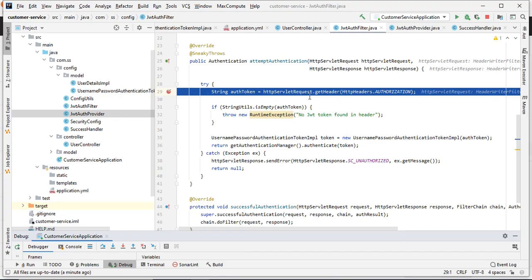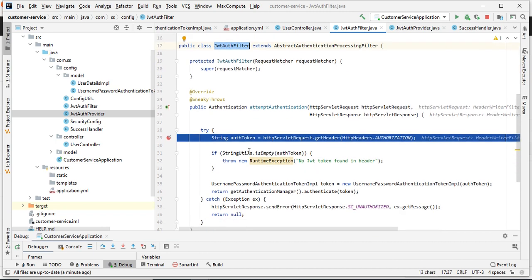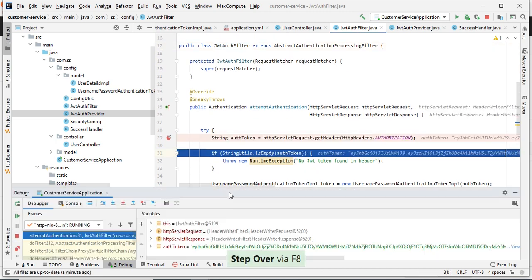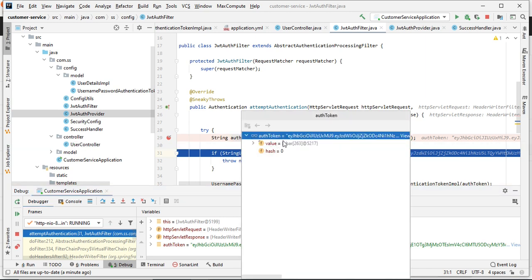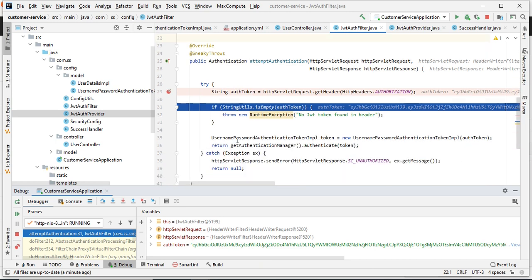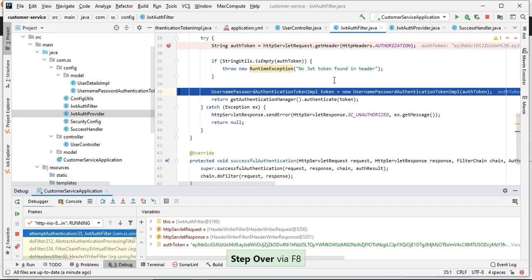If you see, first the filter is getting called. In the filter, whatever token we are passing, we are getting that token here, and we are checking that the token is not null.